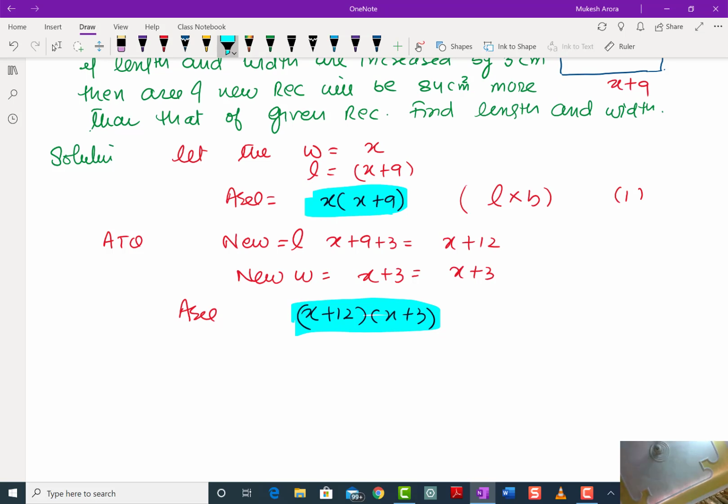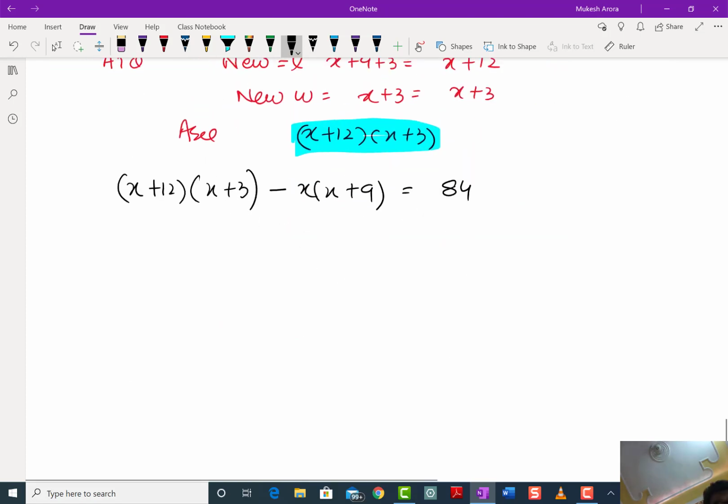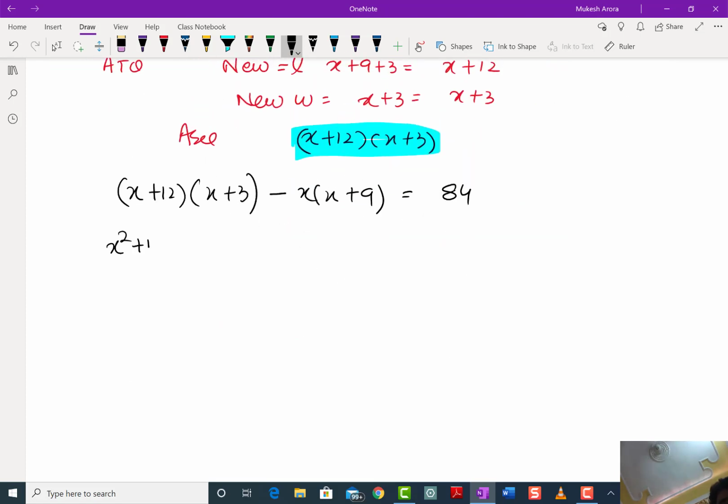He says that the new area is increased by this. How will we know whether it is increase or decrease? When we subtract. This area is more, so minus. How will we know if it's more or less, greater or lesser, increase or decrease? When we subtract them. How much more? 84. Now open it. It will be x square plus 12x plus 3x plus 36 minus x square minus 9x